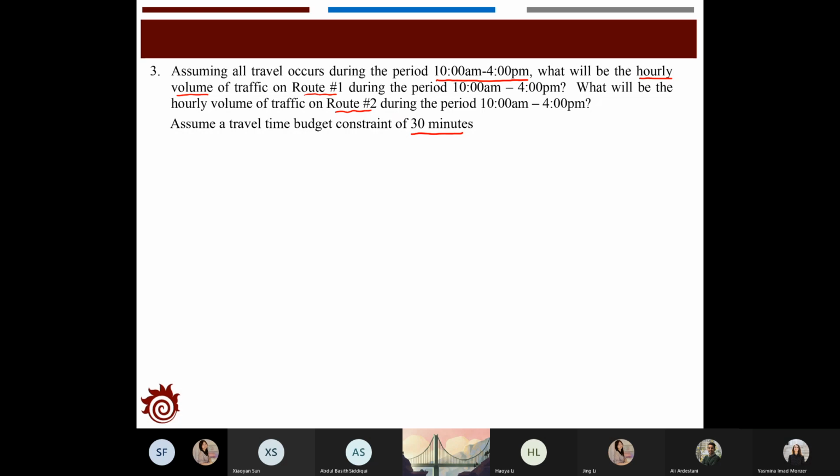If you just start from here, it might be very confusing and you have no clue about how to solve it. But if you follow all the steps for the rest of this lecture, you will have a clear idea about how we're going to determine the demand function with this assumption, and how we're going to use the demand and supply functions and their equilibrium to find out what volume we should set for Route 1 and Route 2. So let's start with the